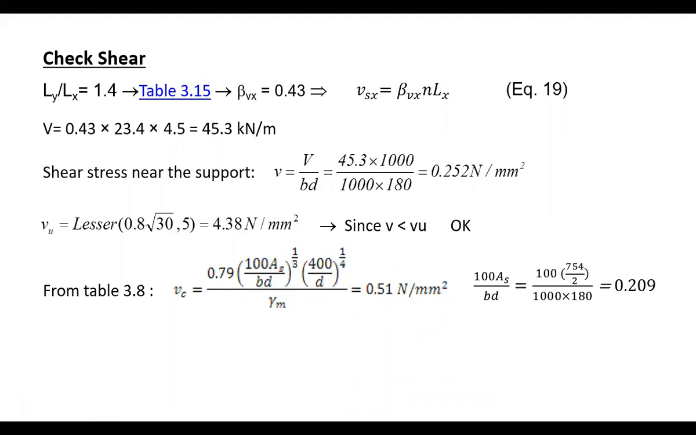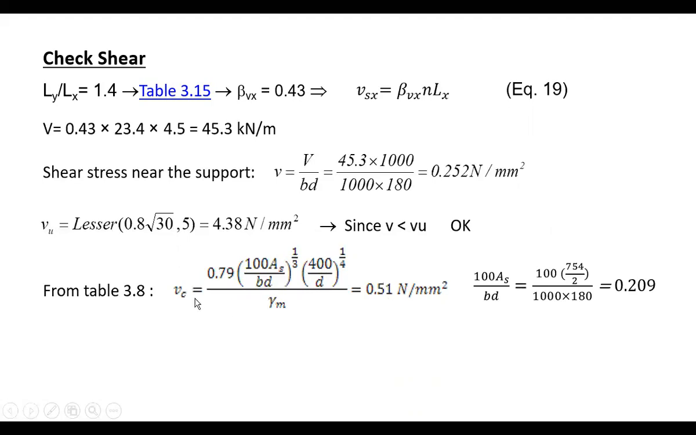And you should be sure that this value 100 AS over BD will not be greater than 3. If it is greater than 3, we use 3. But of course, in the slab, it is always less. 400 over D should be greater than 1, which is our case. Substituting all these values here, we got a shear VC equals 0.51 Newton per millimeter square, but this is not